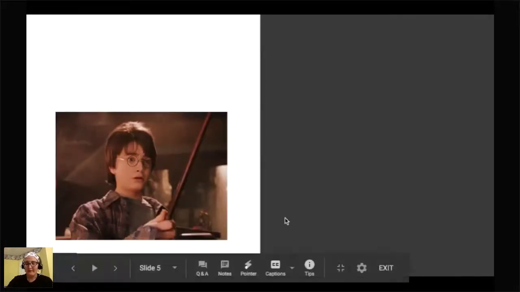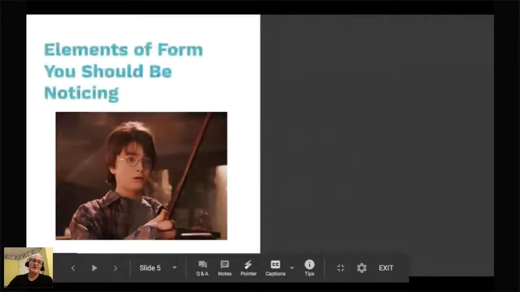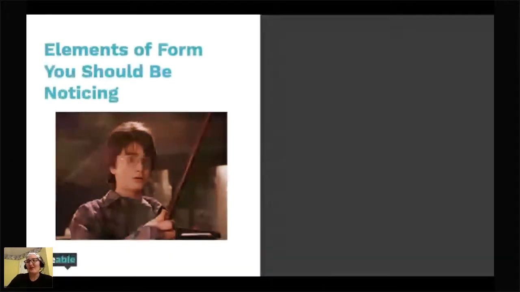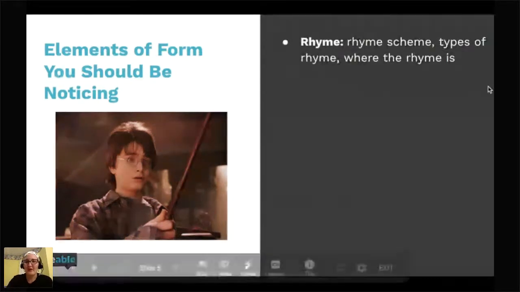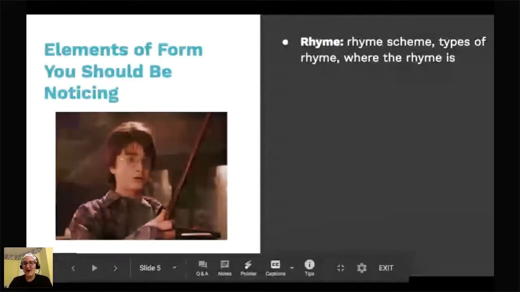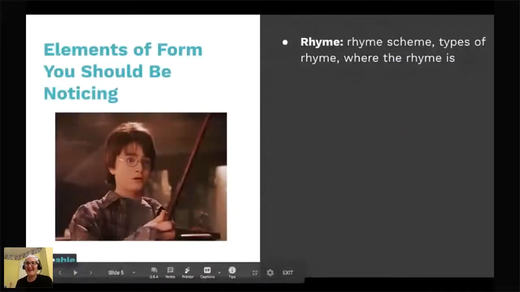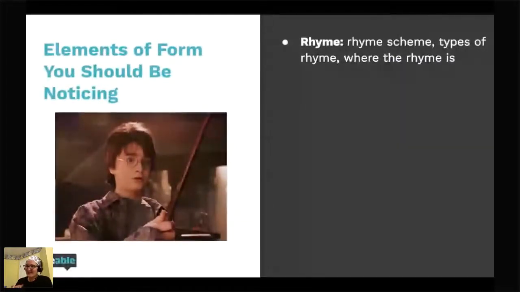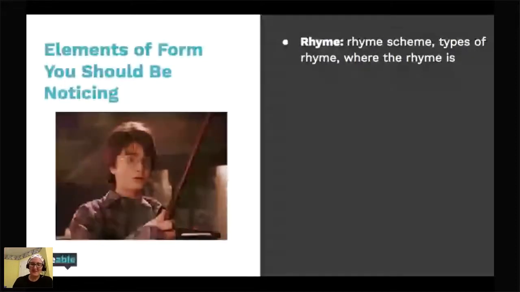My theme's Harry Potter tonight, so you better like it. It's also close to Halloween. So Harry Potter's like a Halloween, Christmas sort of theme-ish, but also I love Harry Potter, so whatever. I bet there's some of you that love it and some of you that hate it. There's always one hater, and that's okay. Not everyone is into it, but whatever. Oh, okay, everyone. Fair enough. We'll pretend it's everyone. I love it. I'm a Ravenclaw. You can put who you are in the chat if you want to.